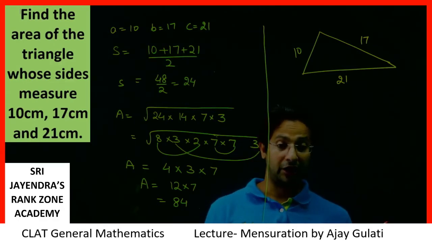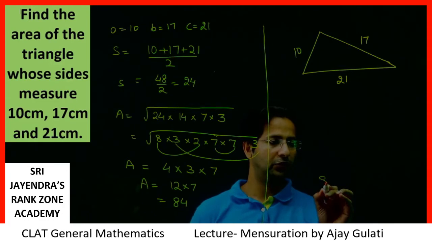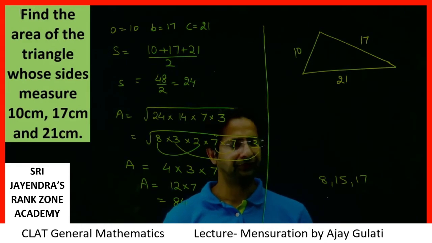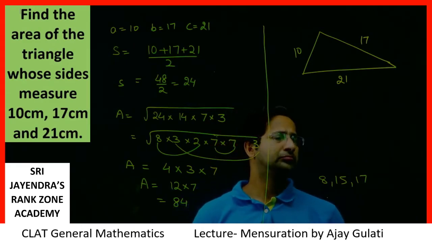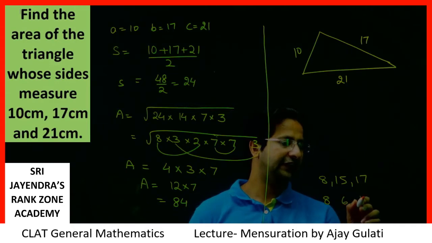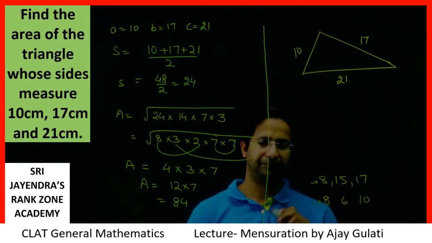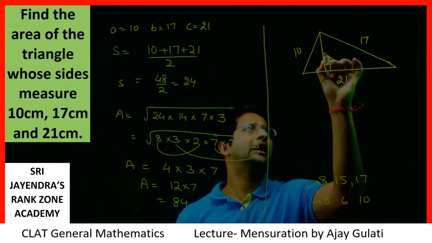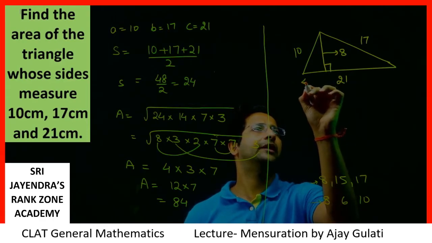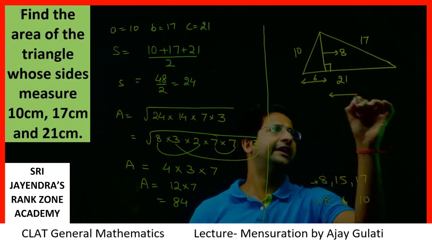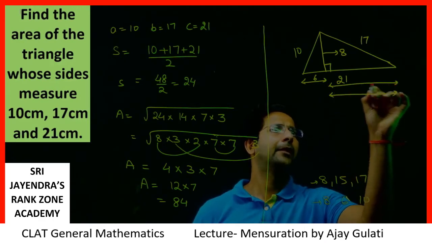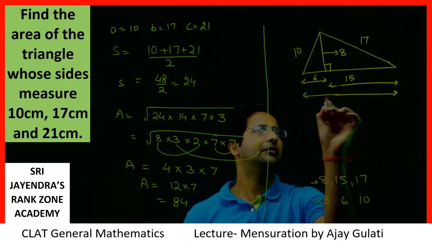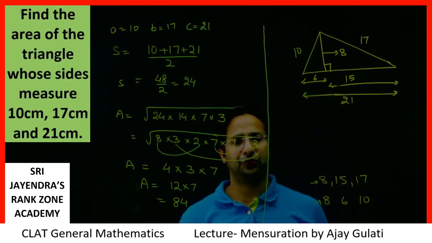Few moments back I shared with you how we incorporate such numbers in a Pythagoras theorem. Okay, so the Pythagoras triplets, first of all I know 8, 15, 17, and then we have 8, 6 and 10. They both have 8 in common. So I draw a perpendicular. I say this is 8, 10, 8 and this will become 6, 17, 8 and this will become 15. So that way I can tell this becomes 21.